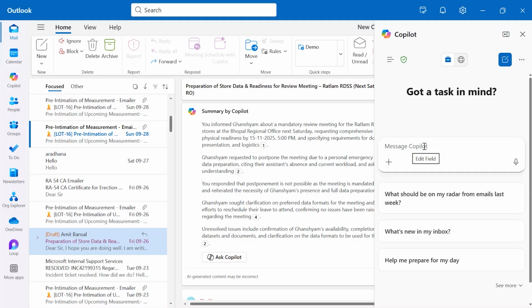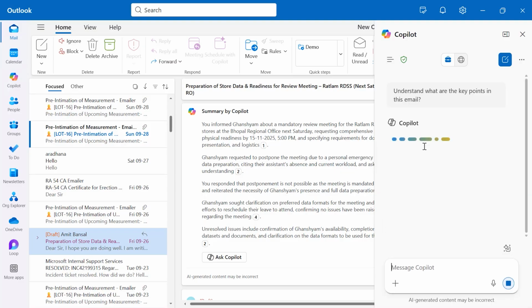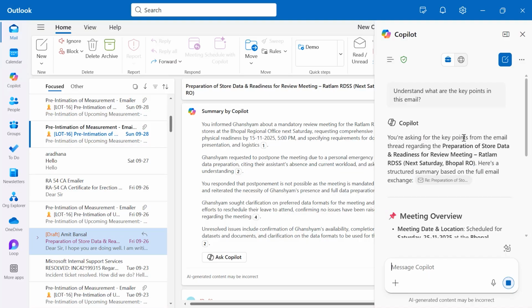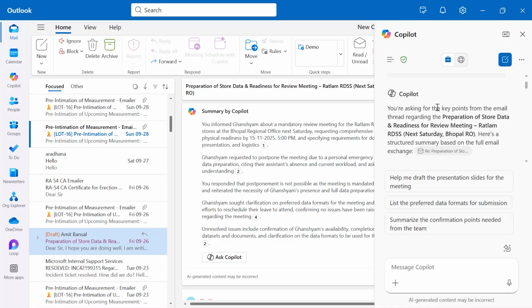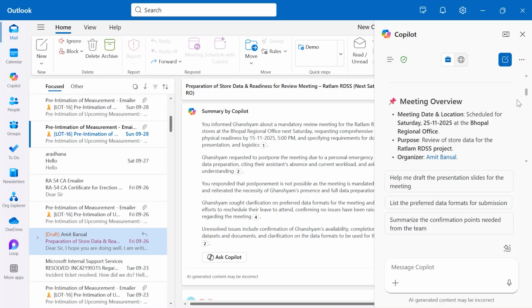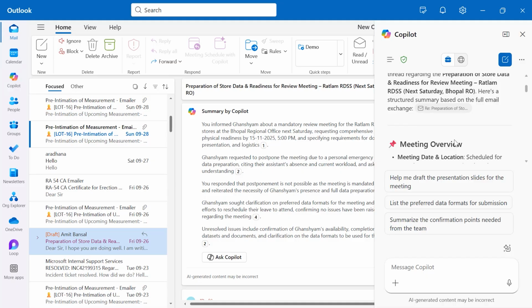For instance, I might enter a prompt, say, understand what are the key points in this email. This approach provides us a more comprehensive summary of the main points. So you will see, you are asking for the key points of the email thread regarding the preparation of our store data and readiness of the review meeting. Scroll a little bit, and you will have the meeting overview,